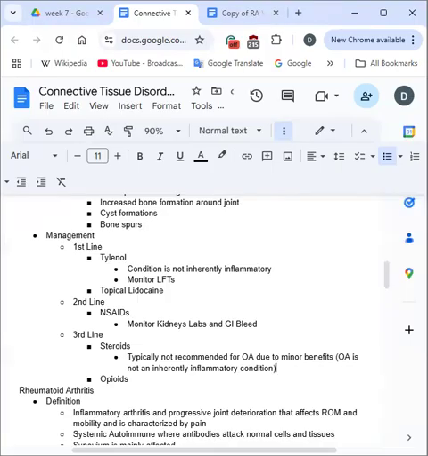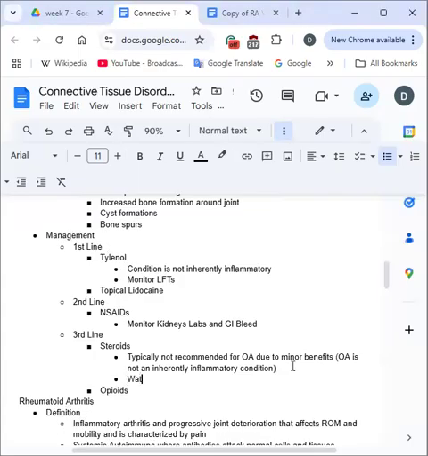The moon face, suppressed immune function. Cushing's, you'd have to be on it for a pretty solid amount of time to get Cushing's, but that can be something that can happen. So kind of watch out. Hyperglycemia, yeah, that can cause hyperglycemia, impaired immunity,